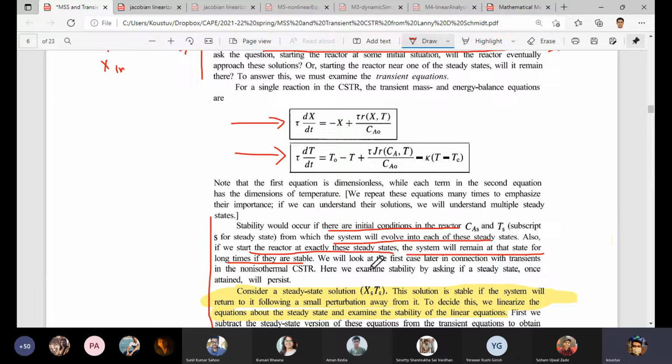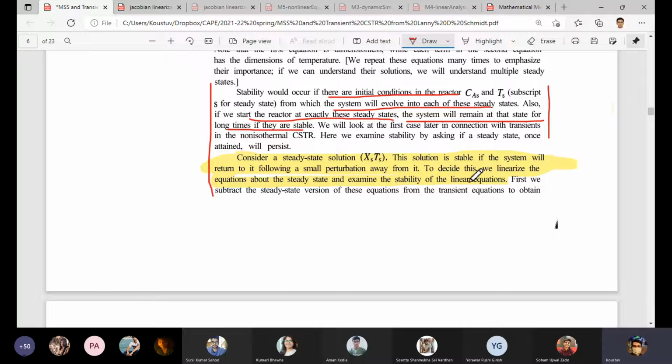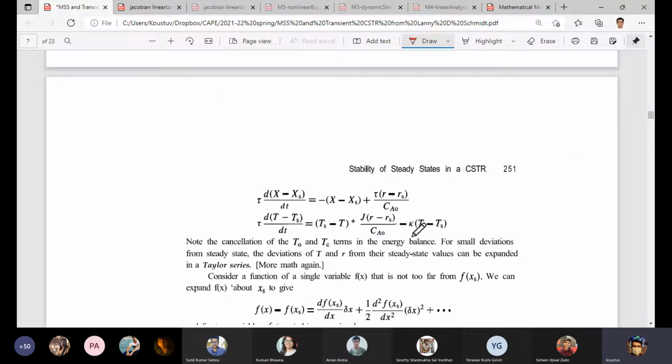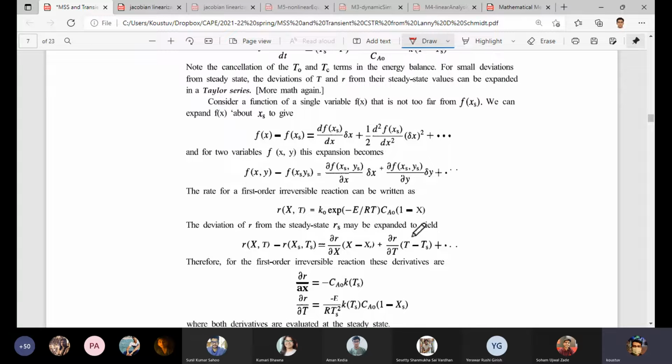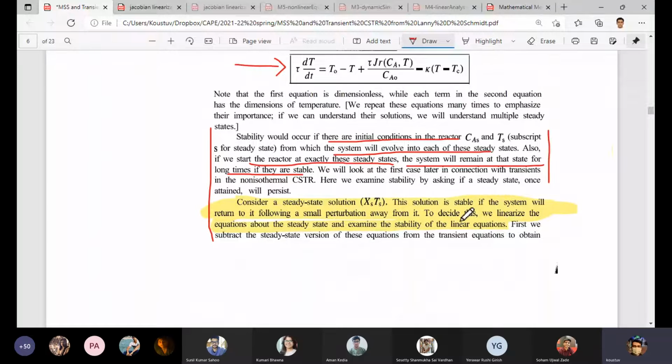This paragraph that I was talking about is written here. You can go through it, and then we have to do some linearizations. But before directly jumping into this sort of mathematical analysis, which you can definitely go through and understand, I will discuss a little bit why linearization is required, and the concept of linearization of nonlinear ODEs. I will revisit this part.